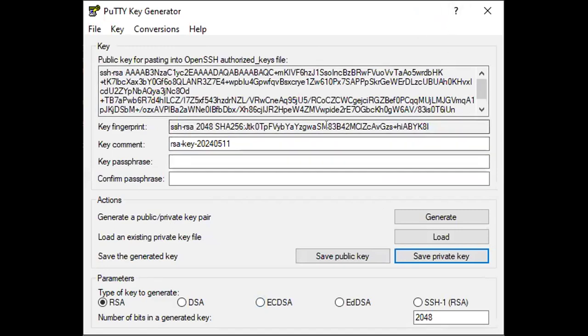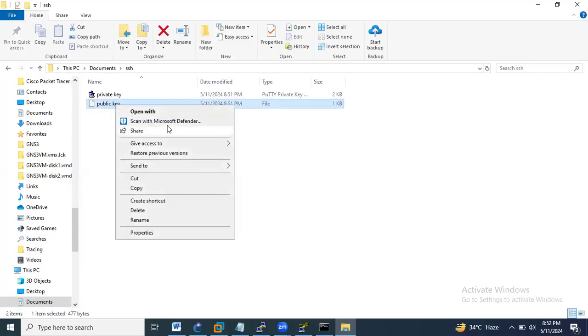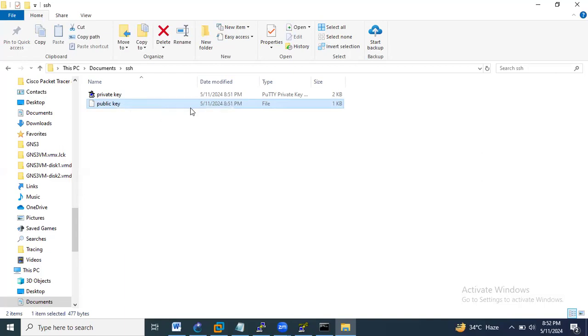Now I have to go to the documents folder. As you can see, the public key has been saved here. Just open it.